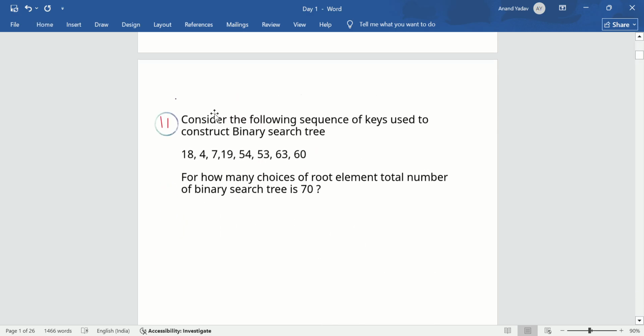Now second: consider the following sequence of keys used to construct a binary search tree: 18, 47, 19, 54, 53, 63 and 60. For how many choices of root element? The total number of binary search trees means it asks how many binary trees can be formed, so how many root